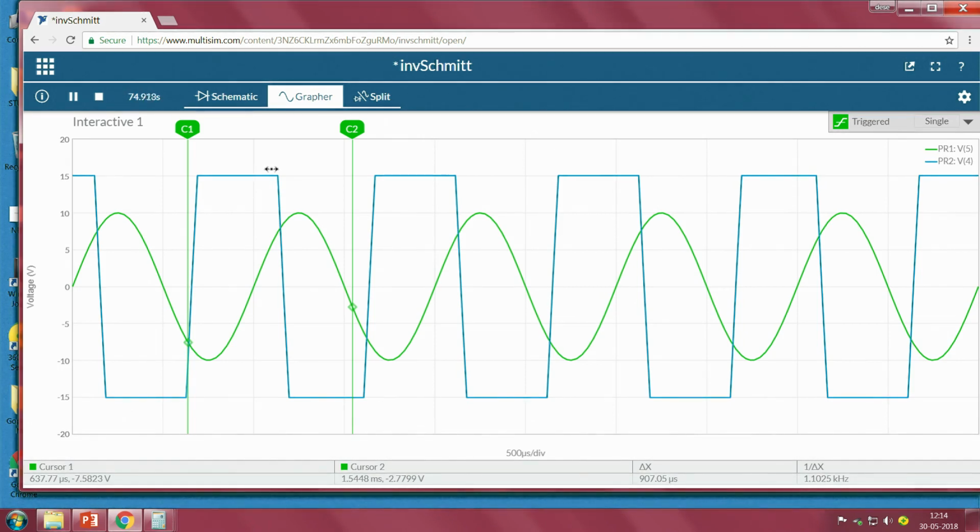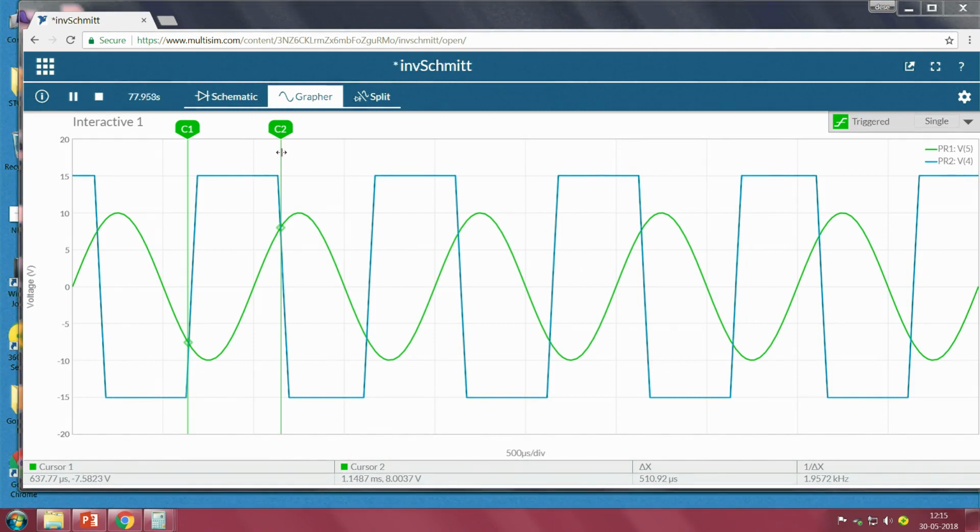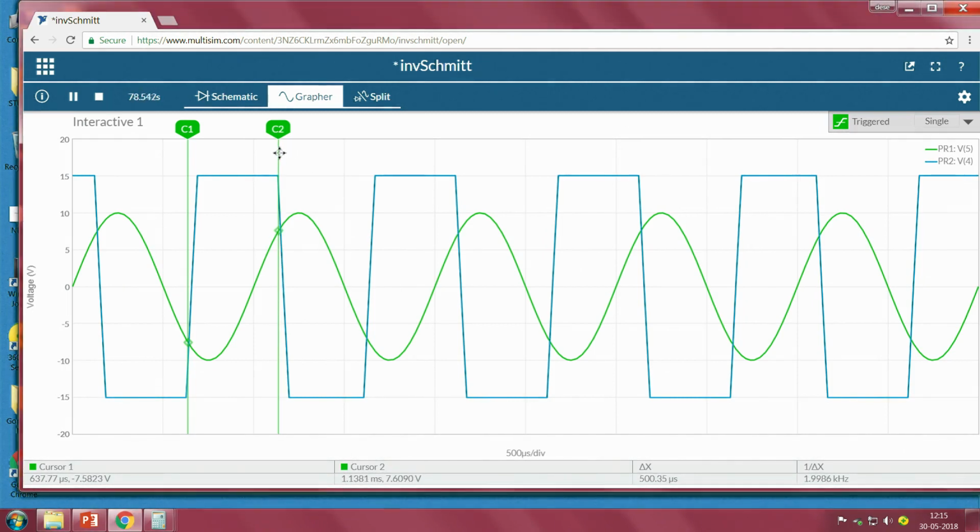Which is similar to what we have discussed. Then I will take this one. I will move closely towards the higher threshold value, plus 7.5. Observe here, this is somewhere around 8 volts. So, I will move towards 7.5, 7.6, 7.47, approximately 7.5. We can see that whenever the input is higher than 7.5, it is moving towards our minus VCC, which means that it is acting as we have expected.